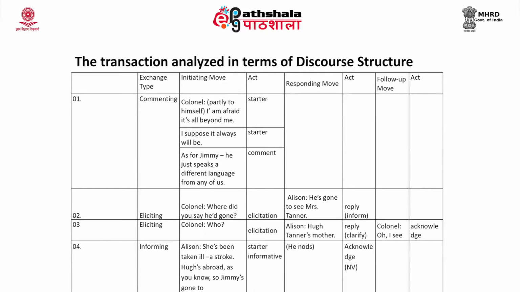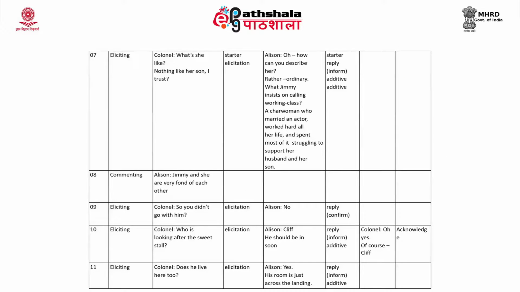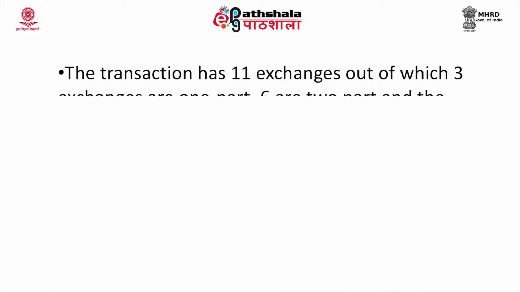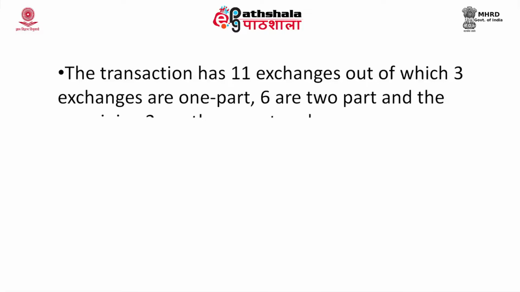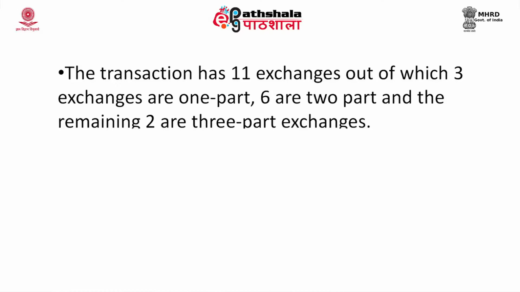Now I would like you to look at this table which shows the exchange structure, the structure of discourse, you can say. Can you see the slots? Can you see the columns? I would like you to go through it for about 5 minutes and discuss description and analysis. As you can see, the transaction has 11 exchanges, out of which 3 exchanges are 1